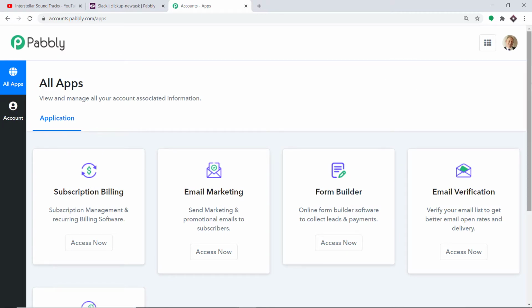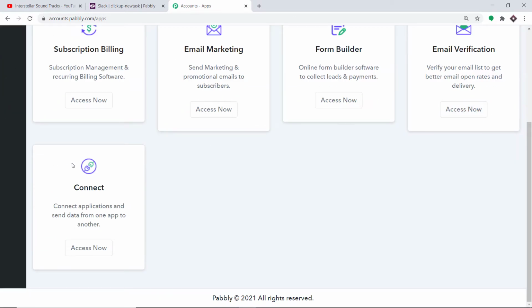As you can see, I already have made an account in Pabbly Connect. You can also create your own free account in just 2 minutes. Here I would like to mention one more thing, that Pabbly Connect offers a plan where this integration can be tried out absolutely free. So you just have to clone the template of its workflow, which is available in the description box. Once you clone the template, you will get immediate access to this amazing workflow in your account. Okay, so scroll down and here you will find connect. Just click on access now.